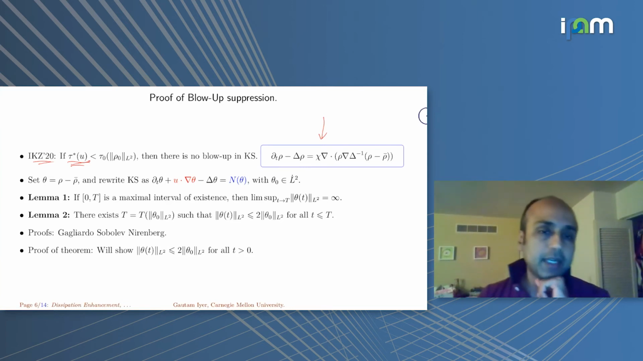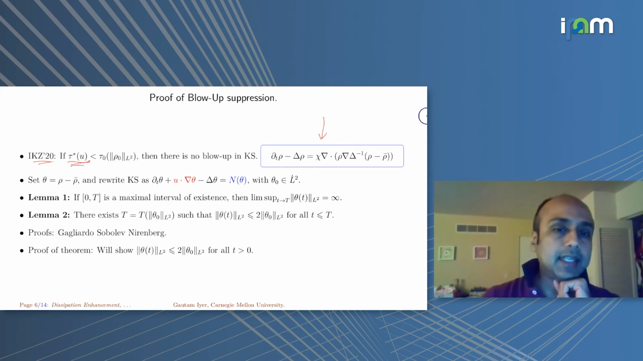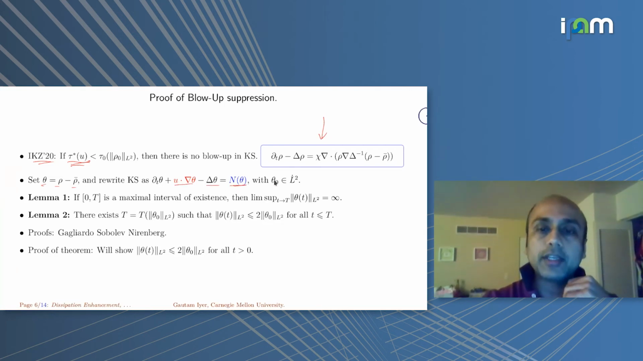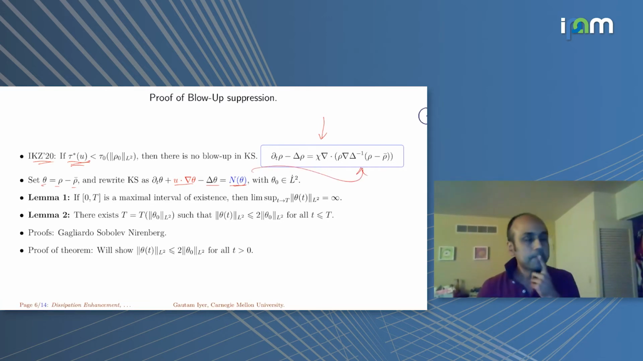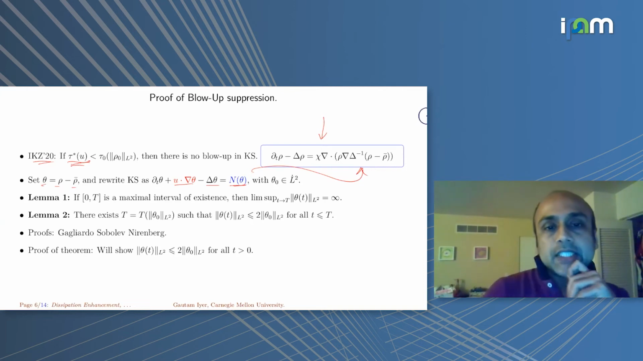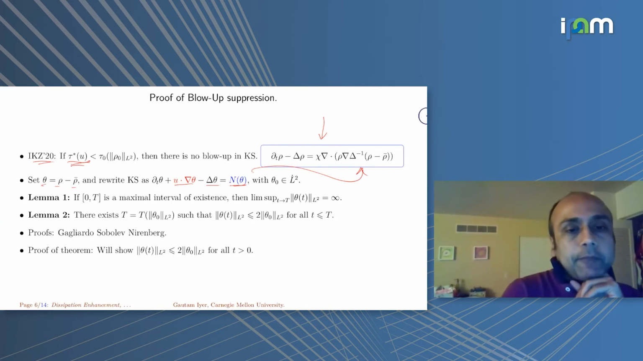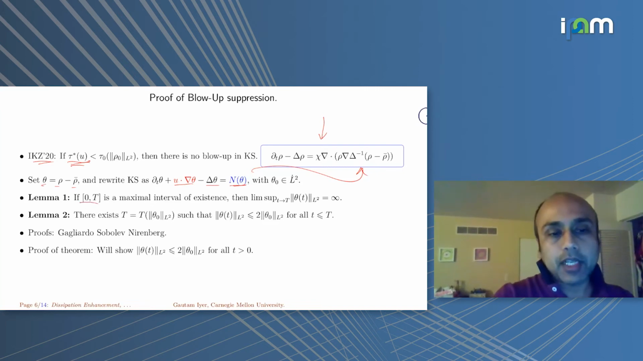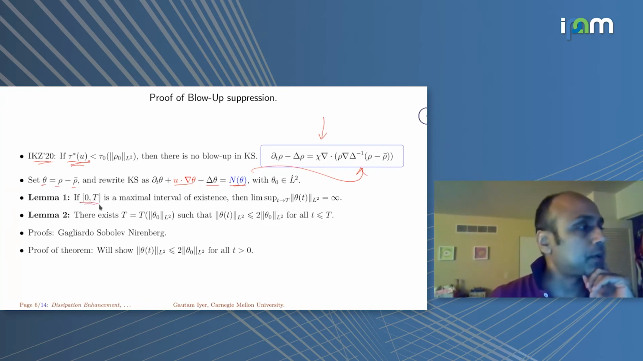So here's the idea behind it. Let me rewrite this Keller-Segel equation in the following form. Let's set theta equal to rho minus the average, and write down an evolution for theta. I get dt theta plus convection minus Laplace theta equals some nonlinear function, whatever is on the right-hand side. So the first lemma is: if I have a maximal interval of existence, 0 to t,